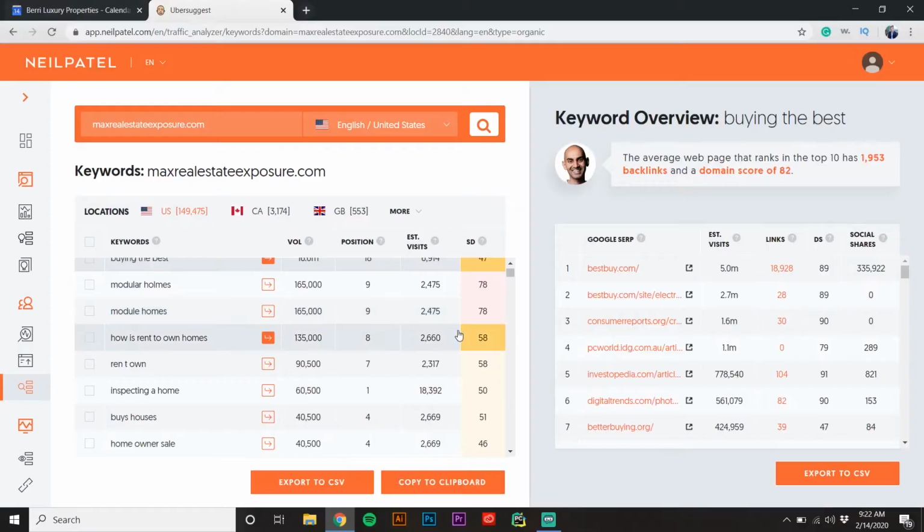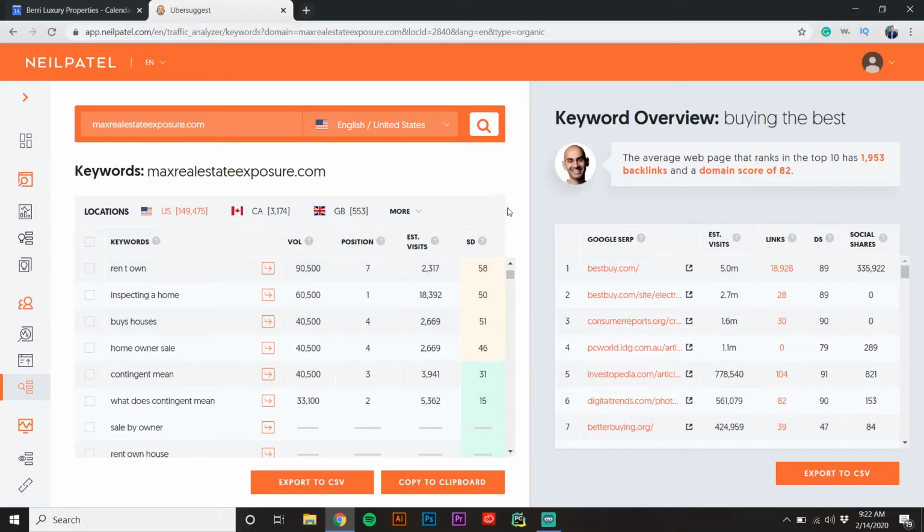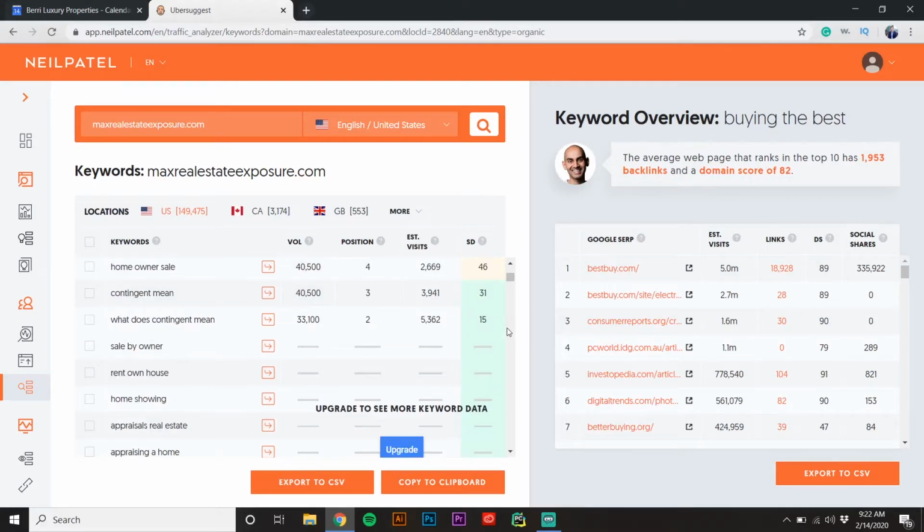Now, the good thing is that these tools that I'm presenting to you give you an idea of the difficulty on how to rank. Ubersuggest has a number out of 0 to 100 on how hard it is to rank for a particular keyword in your area. SEMrush has the same capabilities. So use this to figure out what makes more sense. Once you define your niche, start writing content for it.